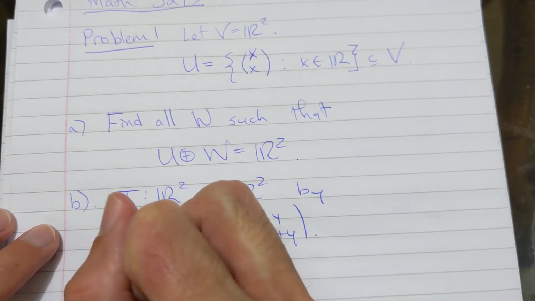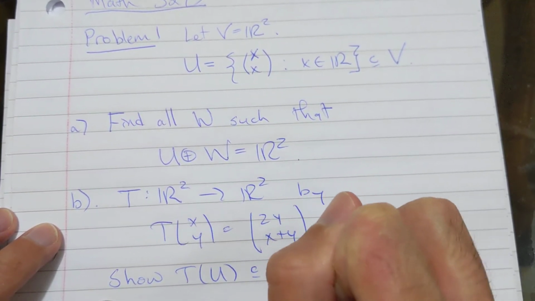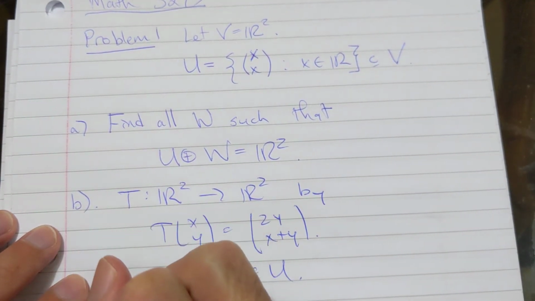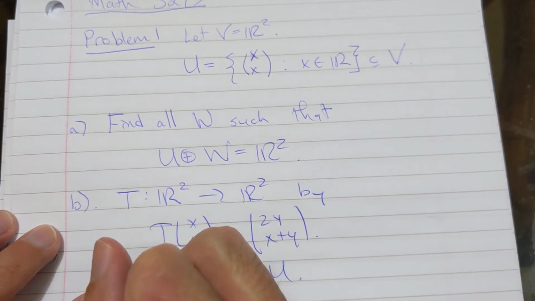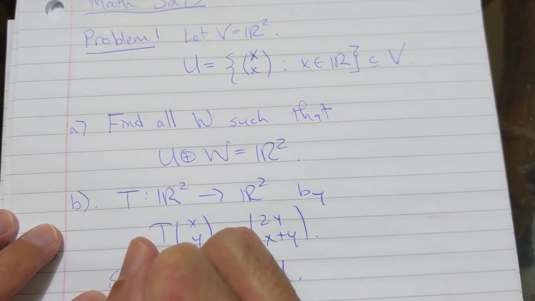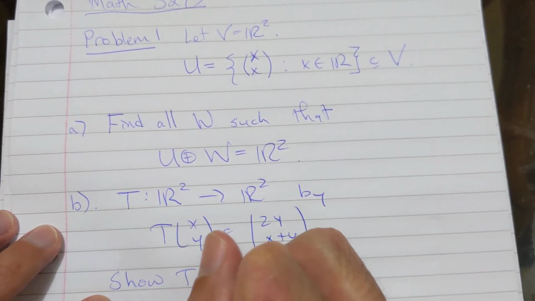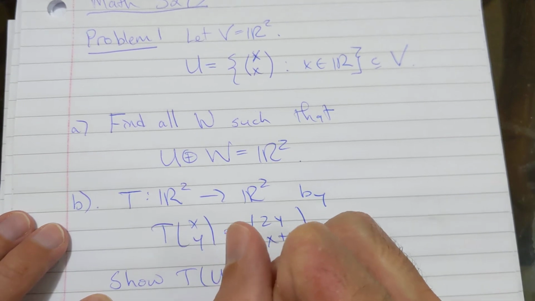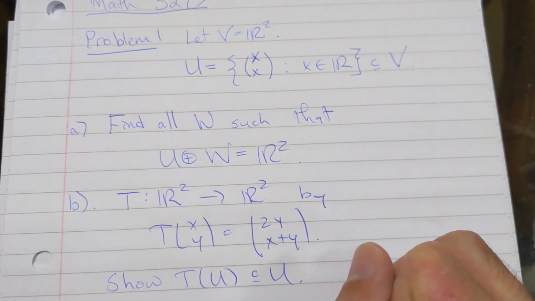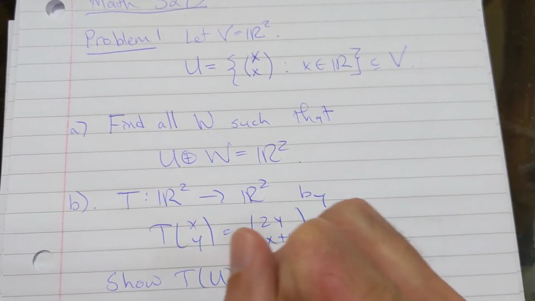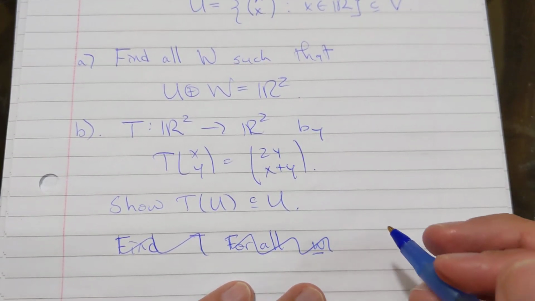And we'll show that T of U is contained in U. And then the second question is like